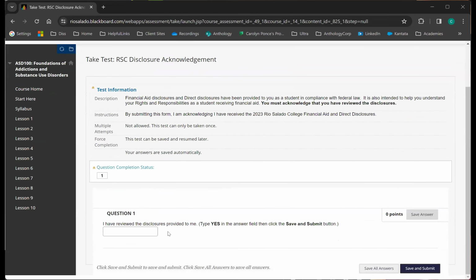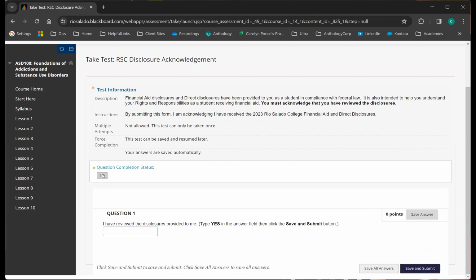and the students will review the questions and answer. Now, this one is a type in the answer. It's not a multiple choice or a true false question. And some questions will have your students type in yes. Now, I'm going to try to follow the instructions and type it as all capital. The students may want to be aware if anything specific is needed as far as capitalization. So I'm going to type in my yes. Notice it did save it.